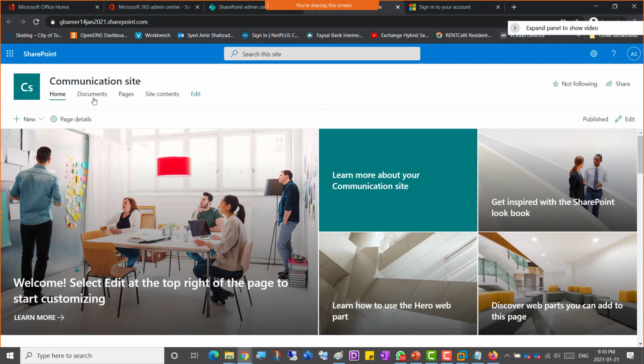So there's that communication site here: home, documents, pages, site contents, and then edit. On the right side there is a share button as well, right? And if you click edit, then you will see the whole page. Still don't have permission. Oh, Amir, in that case,